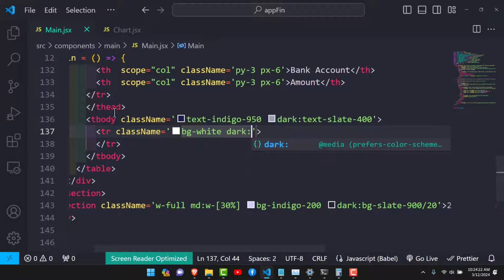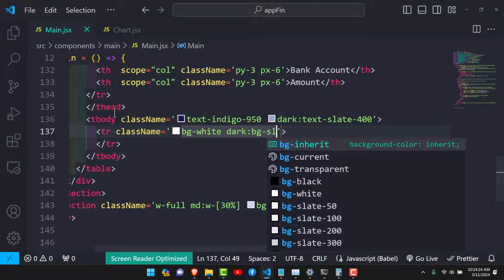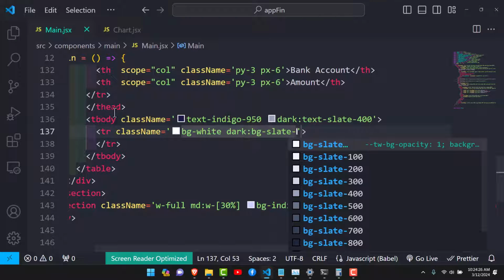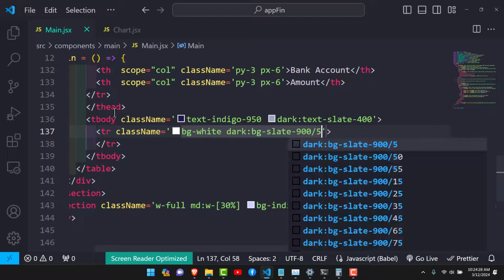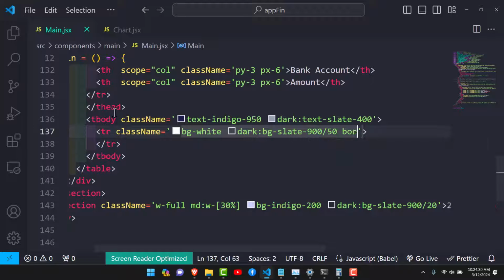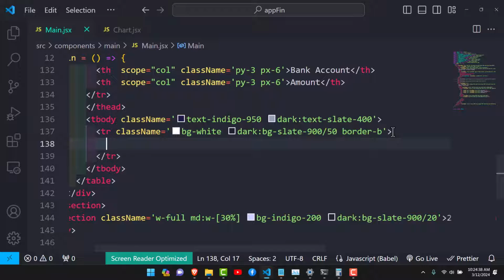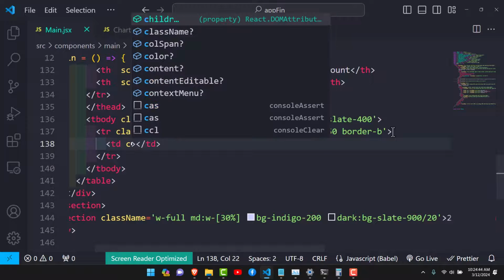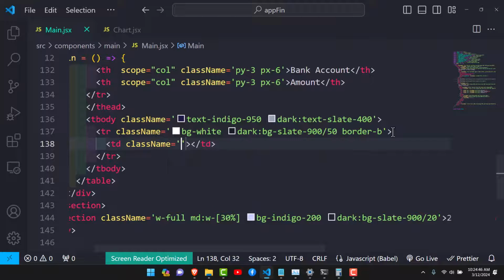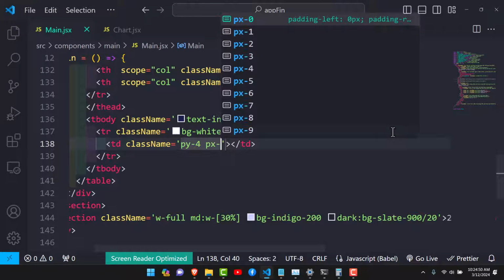Again on dark the BG changes to slate 900 and with an opacity of 50, and should also have a border bottom. So you're going to have the TD element. Again the TD element should be styled, so PY of 4 and a PX of 6,